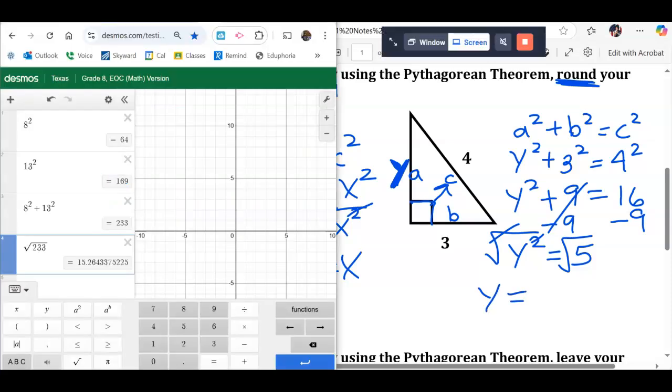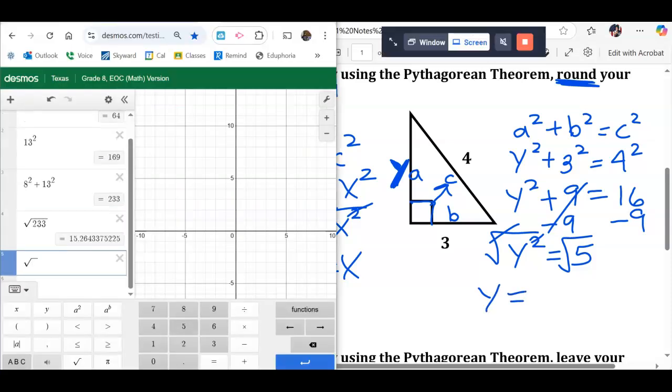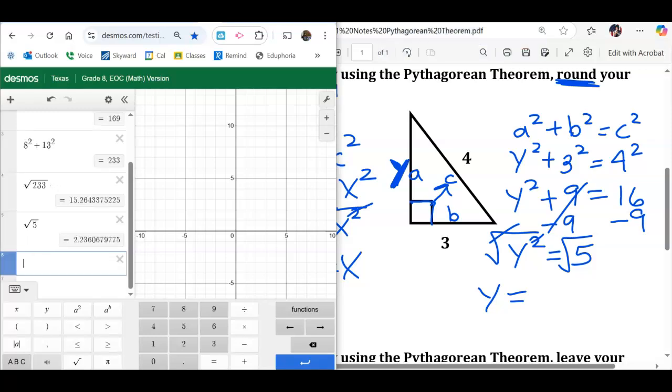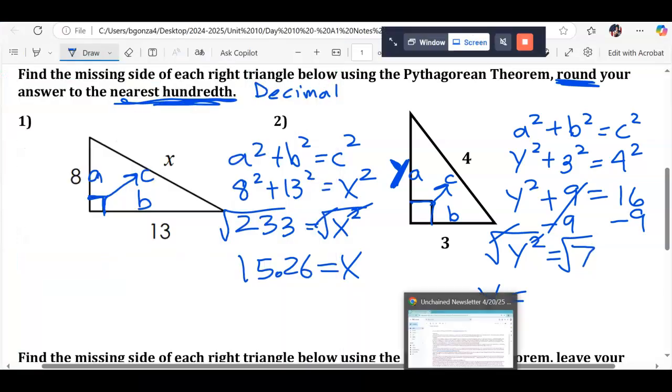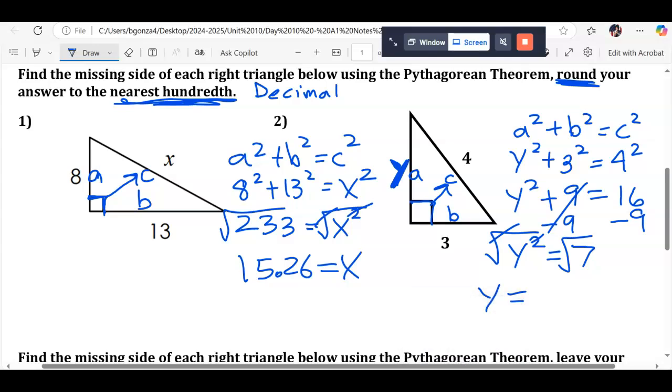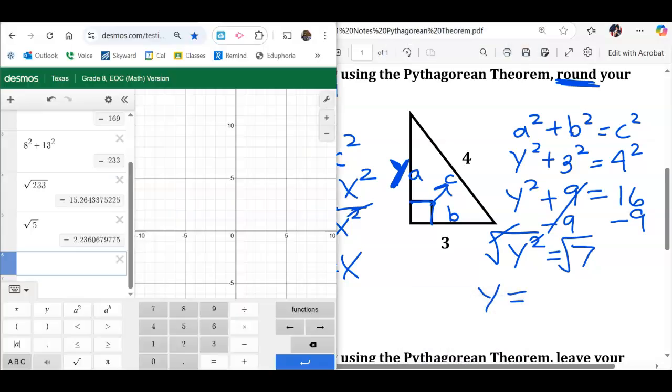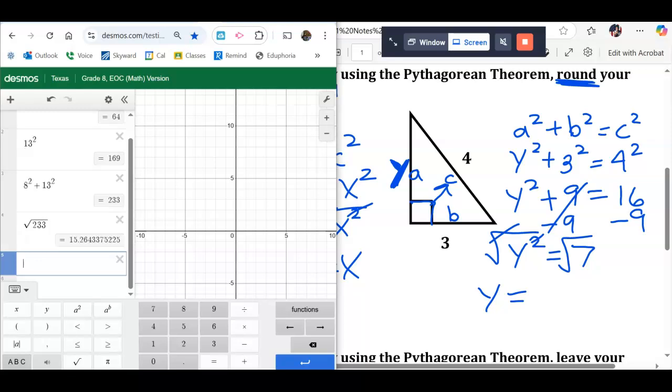So square root of 5, here we go. Square root of 5. My bad. Did I say 5? I didn't mean to say 5. My bad. All right, so look, 16 minus 9 is 7. So square root of 7 is